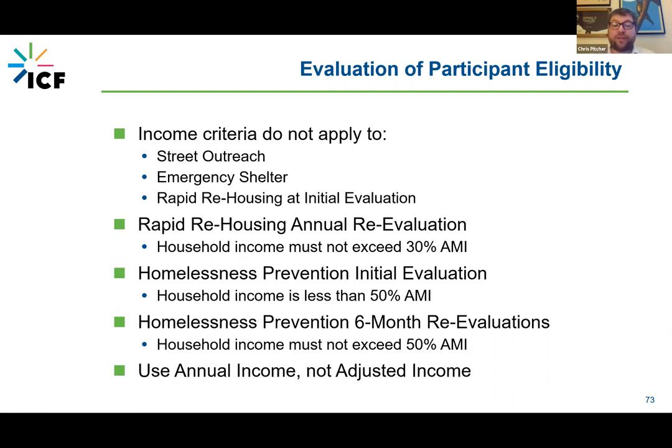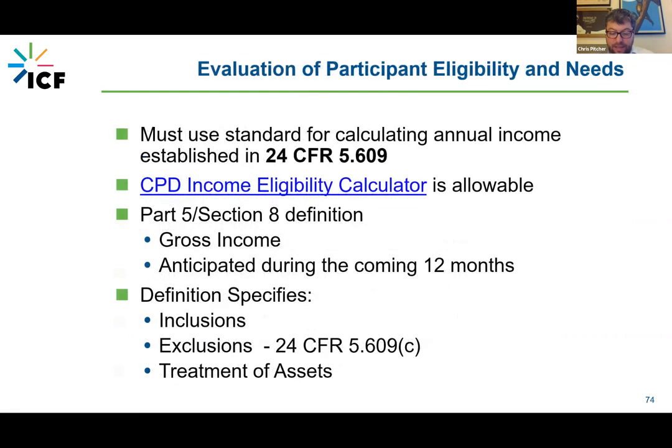For our homeless prevention programs, that initial evaluation AMI is at 50%. And the 6-month reevaluation of homeless prevention is also at 50% AMI. And note that we're using annual income, not adjusted income. And finally, our evaluation must use a standard for calculating annual rent established in the 24 CFR you see on the screen. We can use the CPD income eligibility calculator that you see linked on this.